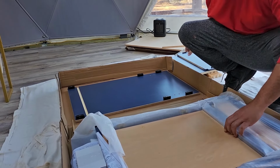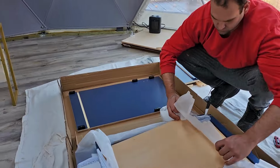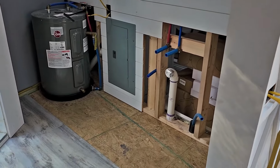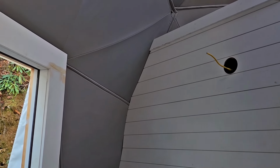Now, we are going to be building a kitchenette for the dome, and it is going to be right on the side of this wall in this area here. So as soon as you walk into the dome, you are going to see these beautiful blue cabinets. It's going to be anchored onto this beautiful crisp white shiplap, and the contrast is just going to be so